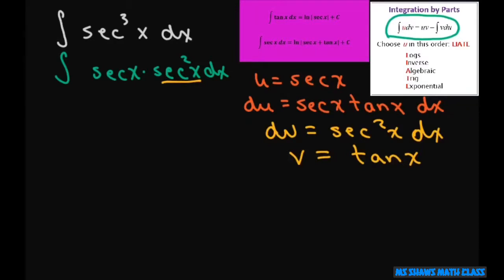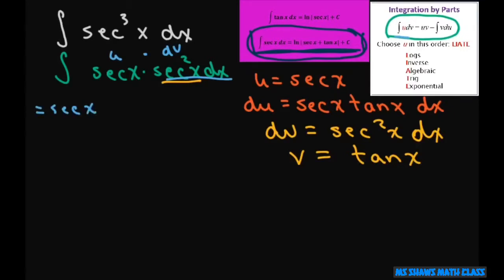Now I can use my formula. We're also going to use this formula here. This is going to show up, and I'm going to attach the video that I already did on this at the end. But you need to know this formula here. So let's get started and use our integration by parts. This is your u, and this is your dv, everything else. Using the formula, we're going to get this equals secant x tan x